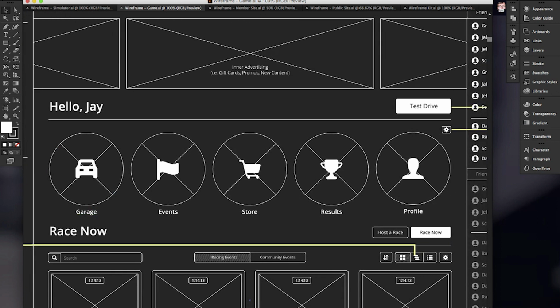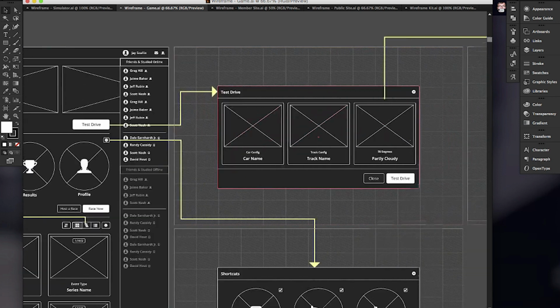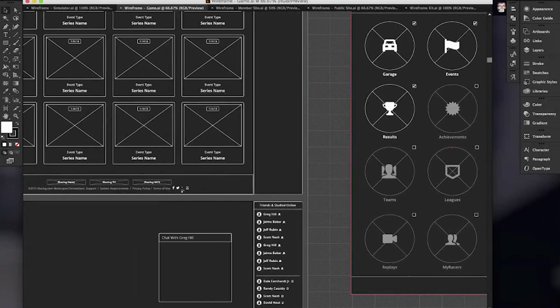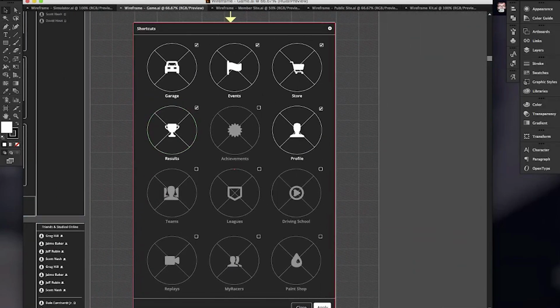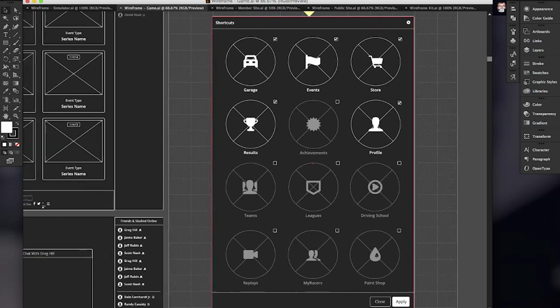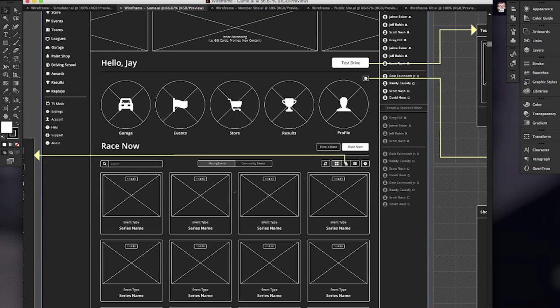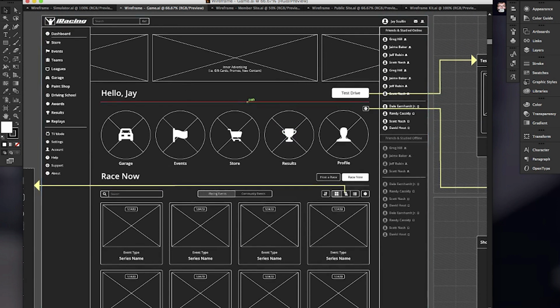And here we have the same kind of idea, quick start icons, but we actually take it a step further. If you click on this gear icon, it'll bring up a modal window, which again appears over the interface, with every task you can do in iRacing.com. And you can just switch off the ones that you actually want to use. So the end result will be a bunch of different quick actions that are suited to you, so you can use the sim the way that you intend to. And then on the other side here,